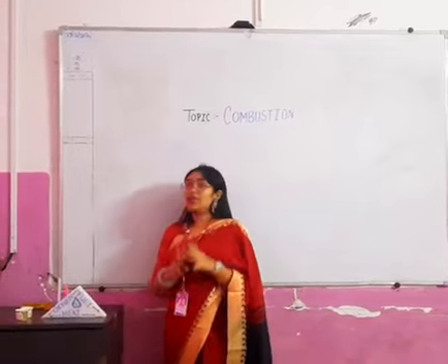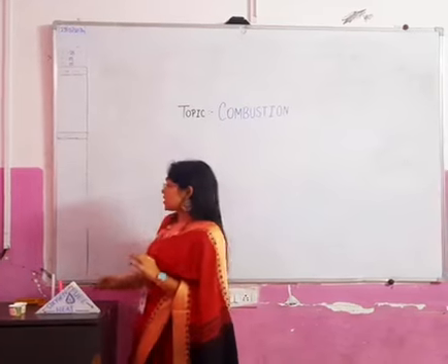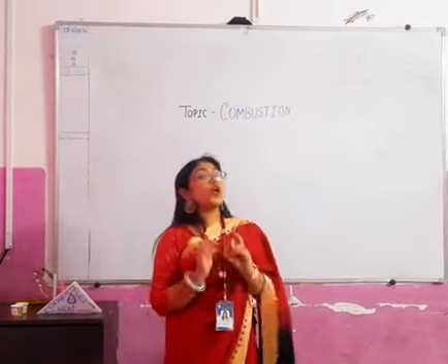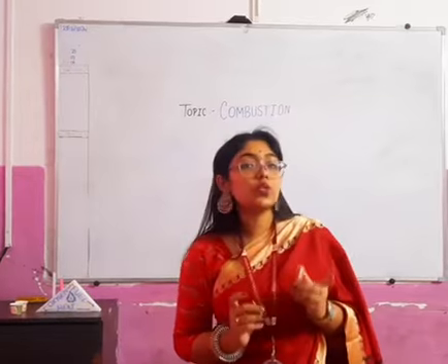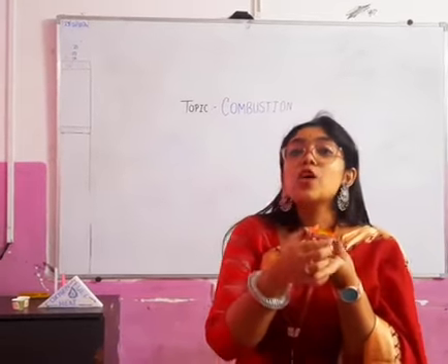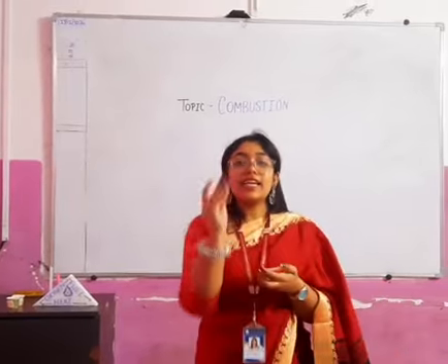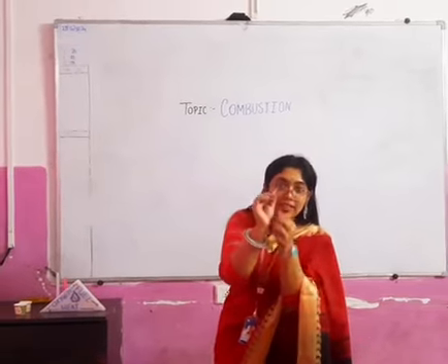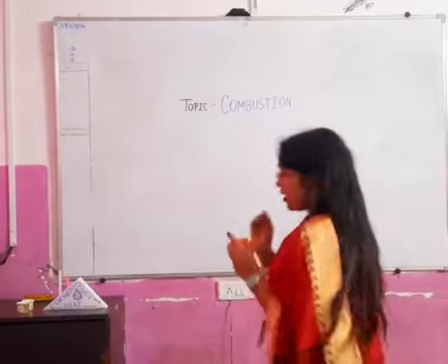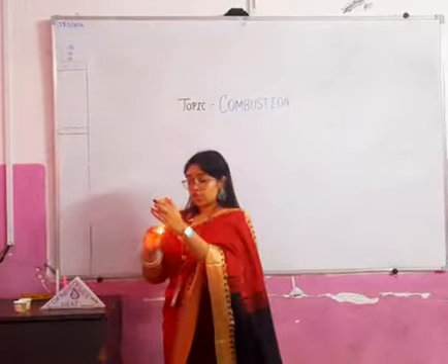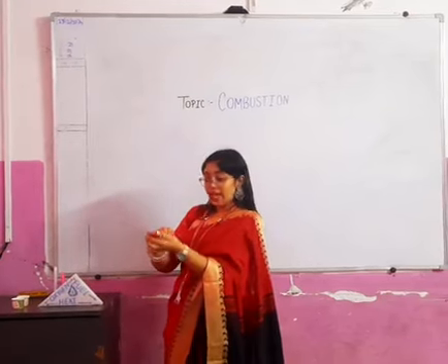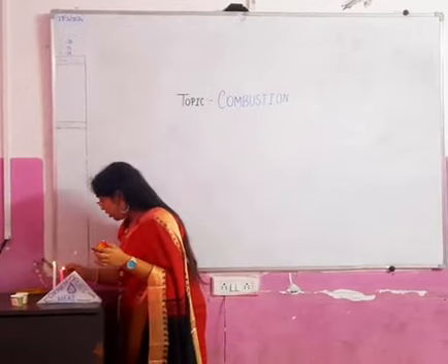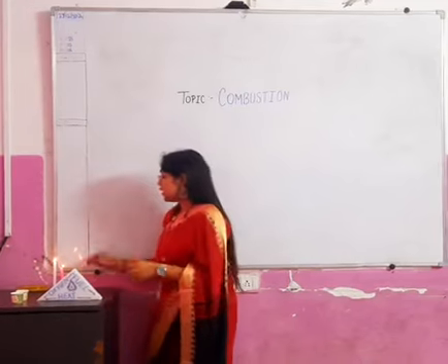Right now we will give you a live example of how you can understand that combustion is happening. Suppose here we have a matchstick box. We all know that on the matchstick box this side we have red phosphorus, and the matchstick also has it at the top of the head, as you can see. Now when we put them together, there is friction, and in that friction we generate light and heat.